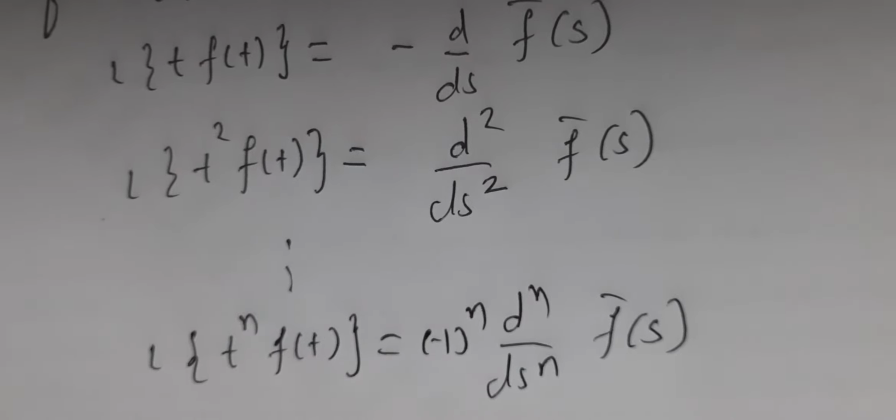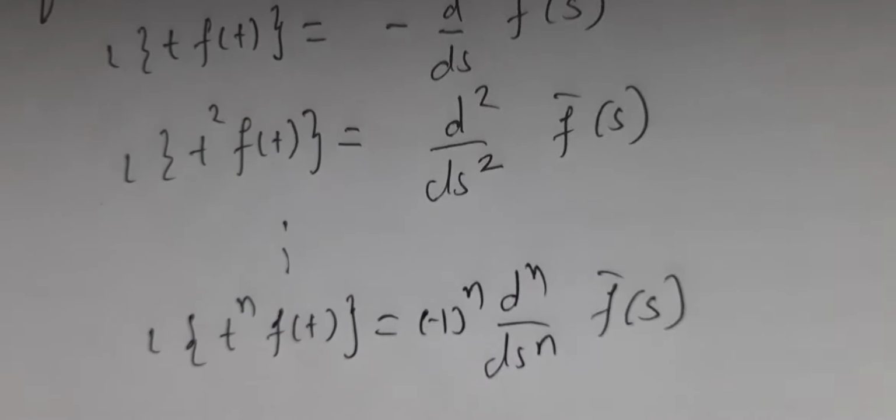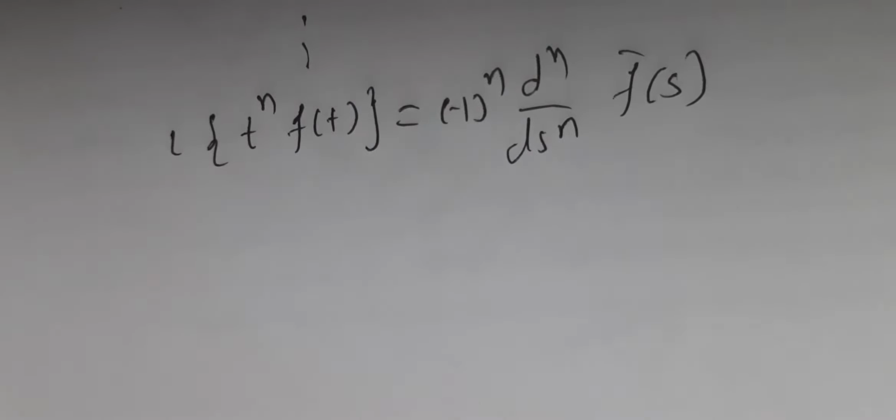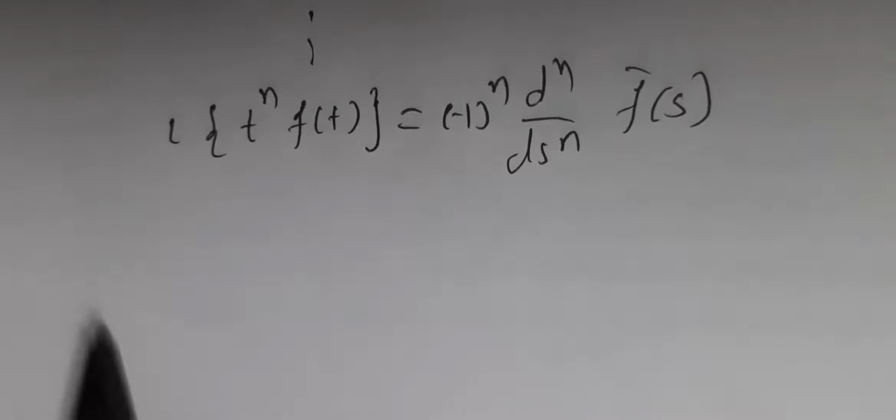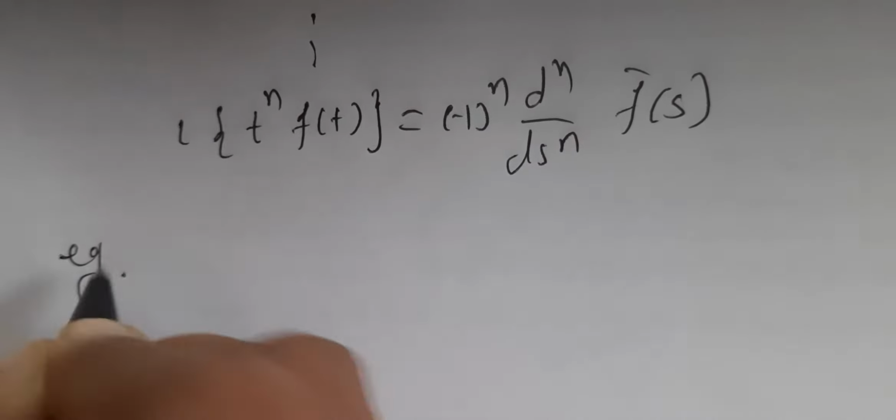So first thing, you will apply this whenever you want to find Laplace of any function multiplied by t. I am just telling once again, in the last video also I told you, there is no direct formula which gives us Laplace of multiplication of two functions. But we can find Laplace of multiplication of two functions when one of them is e raised to at, that was first shift theorem, and now we will see when one of them is t raised to n. N stands for natural number. So let's have simple examples to understand this.